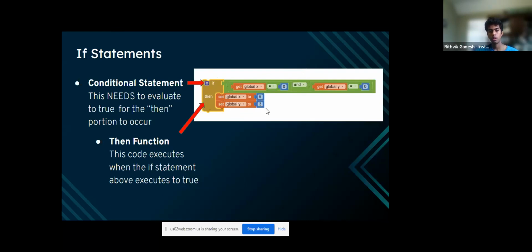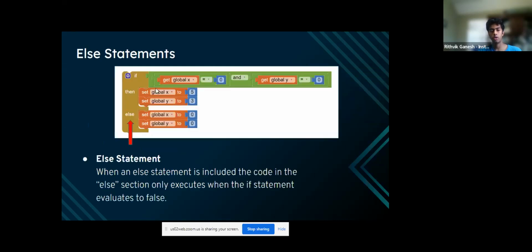Obviously, this is just an if statement, and a lot of times you won't be using just an if statement. You're going to be doing an if-else statement, because in an if statement, if this condition right here in the if is not true, nothing happens. If it's true, then the then statement happens. But if it's false, nothing happens at all. So you definitely want to handle the else case as well. And that's where the else statement comes in,